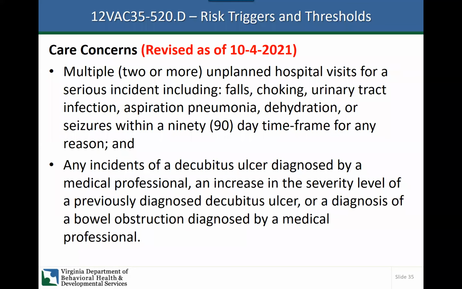The second care concern is any incidents of decubitus ulcer diagnosed by a medical professional, any increase in the severity of the level of a previously diagnosed decubitus ulcer, or a diagnosis of a bowel obstruction diagnosed by a medical professional. So we did notice that those who got care concerns did not have those documented within their plans. So if we look at the next slide,